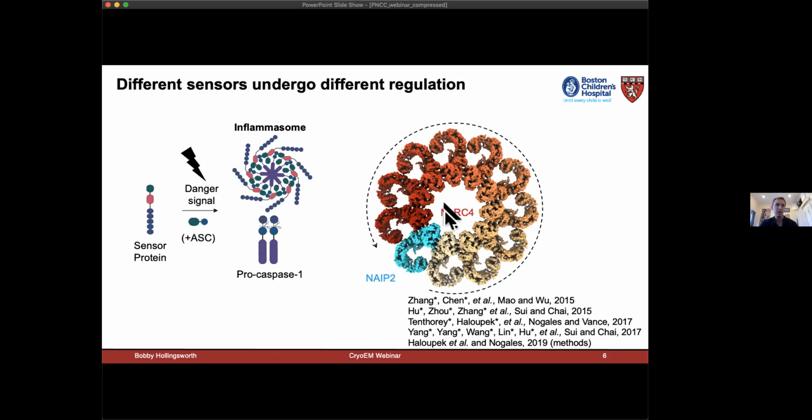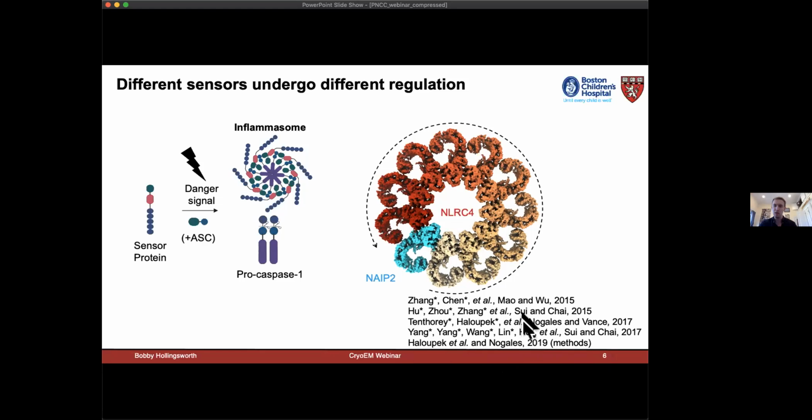And so this was some beautiful cryo-EM work done by Liman Zhang in our lab, now at OHSU, as well as others in Gigi Chai's lab, Eva Nogales, and Russell Vance's lab. And this methods paper is particularly helpful for authors who elaborated on some of their structure journey as well. And so this really just goes to show that cryo-EM has been a very powerful technique to study different innate